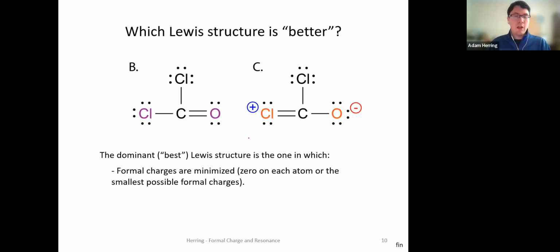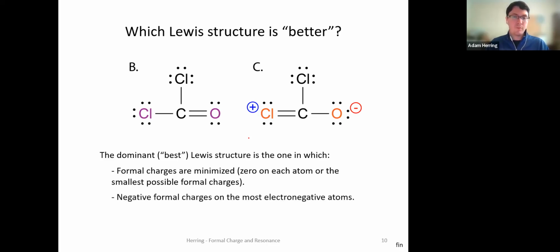In other words, the best structure is the one which, correctly drawn, shows formal charges of 0 on all of the atoms. Or if it's not 0, then they're as close to 0 as possible. So based on this, we can see that the structure on the left